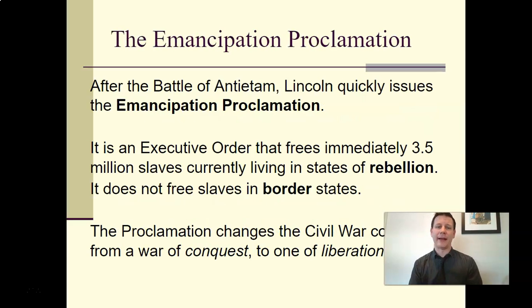Lincoln, let me go back, had actually written the Emancipation months ago. He had already decided he was going to free the slaves. It had gotten to this point. There's all this bloodshed already. If nothing good comes of this, what a waste this war would be. So he already decided to free the slaves, but he wanted to issue the Emancipation from a point of strength.